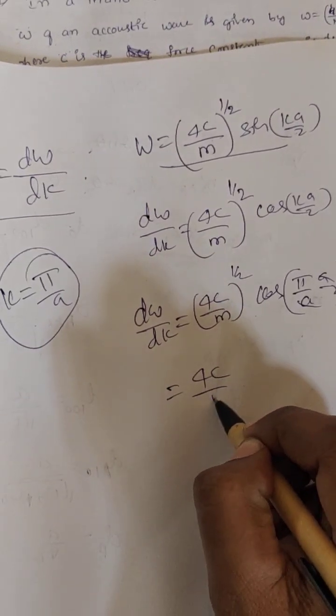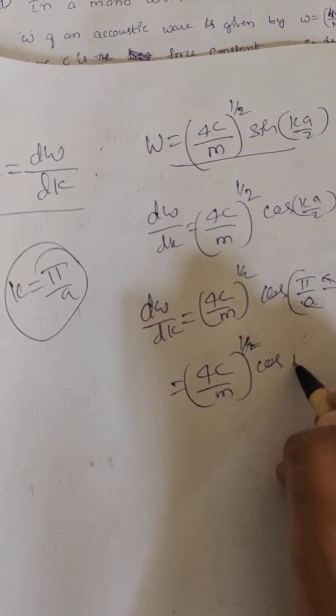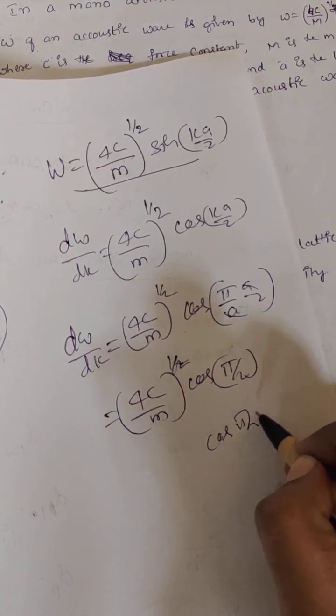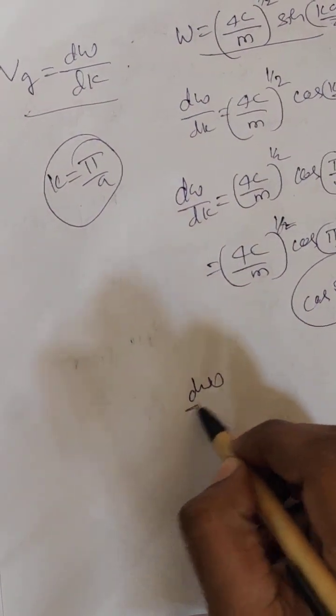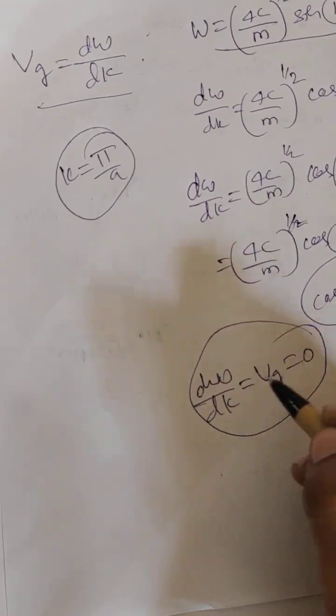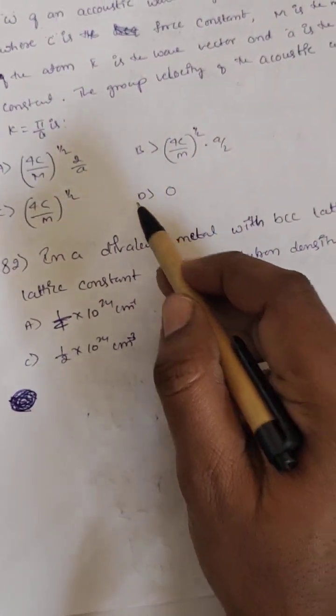Therefore (4c divided by m) whole power 1 by 2 into cos(pi by 2). We know that cos(pi by 2) is equal to 0. So d omega by dk, which is the group velocity, is 0. Therefore option D is correct